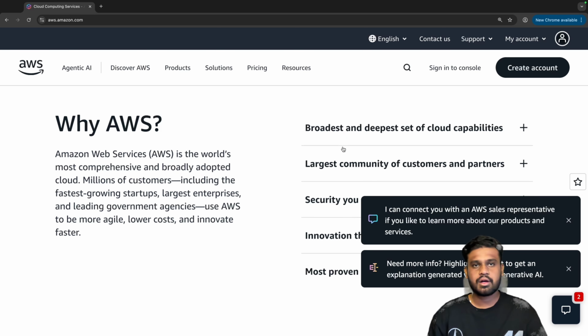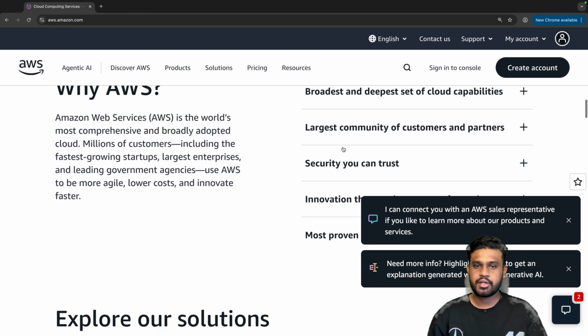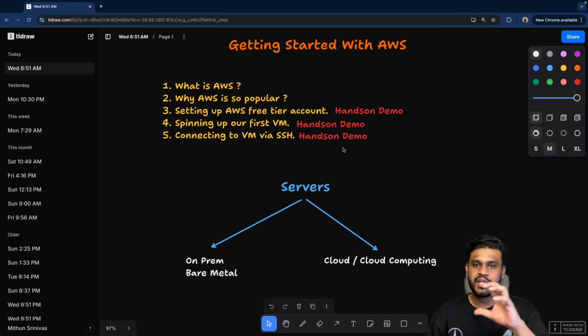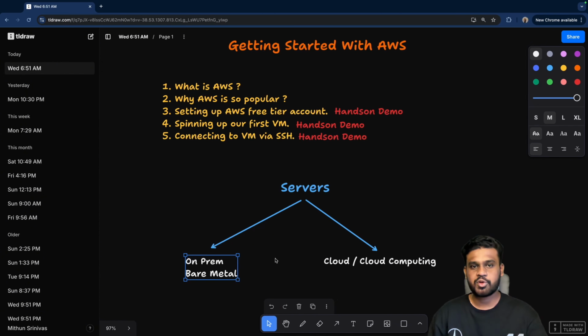Again, I told you, right? I missed telling you one thing: whenever you are running a large scale organization, you need to have servers at various locations, so that the latency becomes less, meaning the speed becomes more. That's the whole idea. If you're setting it up on-prem, then in each country you should set up your machine. That's not feasible, right? With cloud, you can rent machines at a very low cost in multiple locations as well.